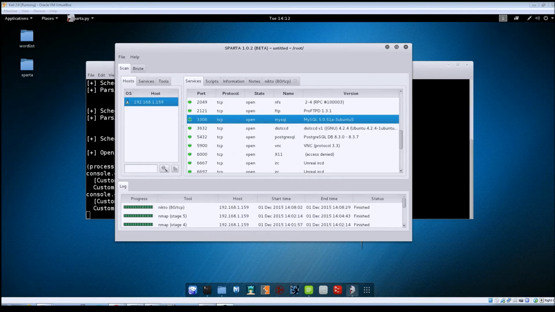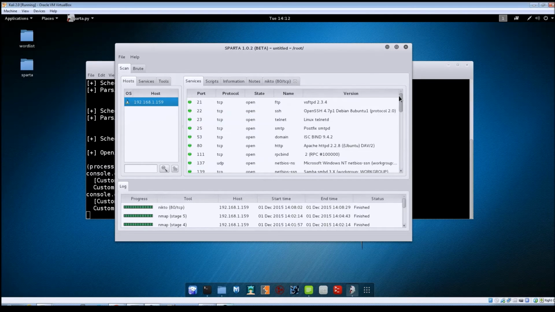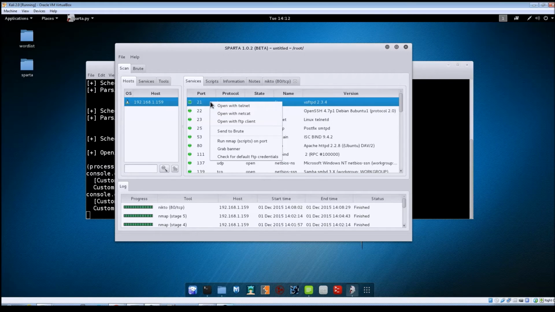So let's go ahead and select one of these other services here. Let's just do FTP. You can see the options that we've got here. We looked at those just a minute ago, but we could use Netcat or Telnet. We can connect with an FTP client, send a brute force, etc. We're going to use the brute forcing method to see what we can do here, to see if we can get any account information. So if we click on send to brute,